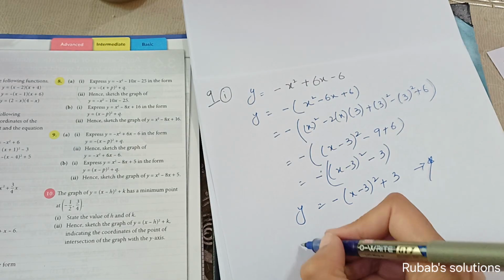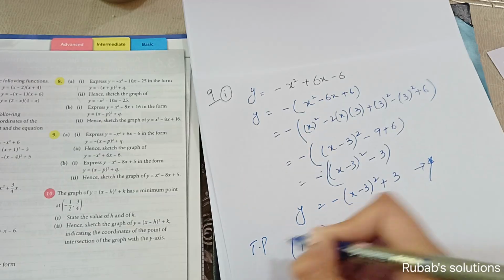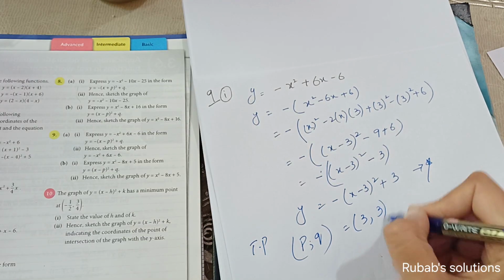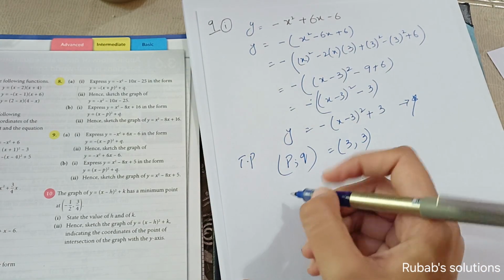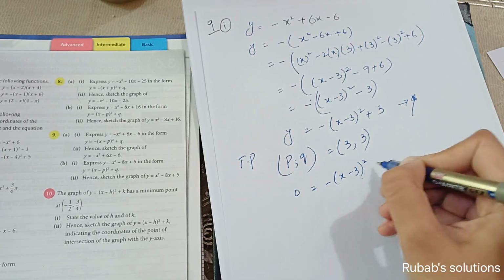आपके पास आ जाएगा p एंड q। टर्निंग पॉइंट्स हम लोग फाइंड आउट कर रहे हैं पहले, टर्निंग पॉइंट्स के लिए P आपके पास आ गया 3 एंड Q आपके पास आ गया 3। ओके, x के लिए y ज़ीरो पुट कर देते हैं, तो ये आपके पास आ जाएगा -(x - 3) whole square प्लस 3।